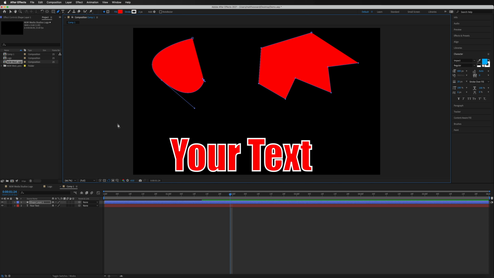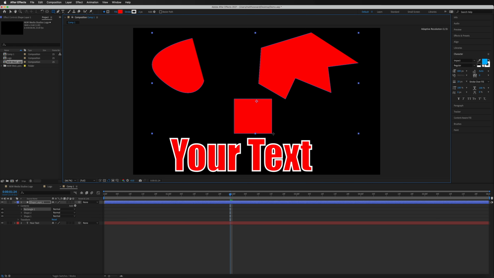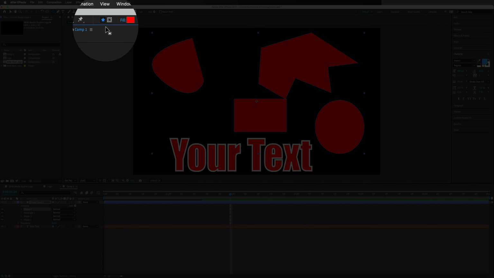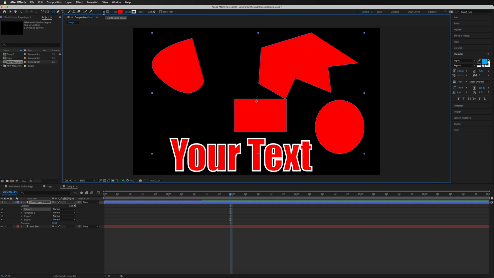So now moving on, as you can see, because we are on this shape layer, no matter how many different shapes we make, it'll just keep creating shapes rather than a mask. And the way this is going to work if you want to turn these into a mask rather than a shape is with this little button that we've got up here on the top left hand side. We've got this star right there and that says Tool Create Shape. Then over to the right of that, we've got Tool Creates Mask.